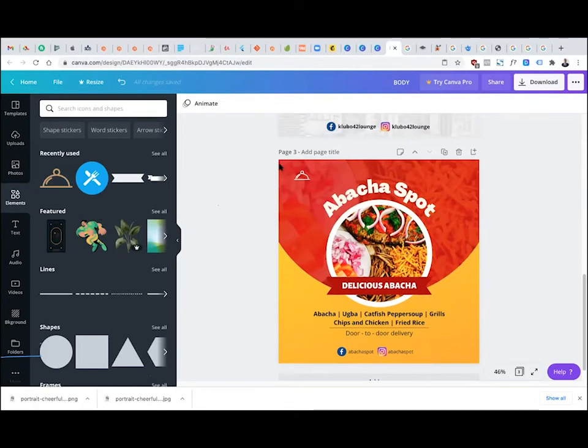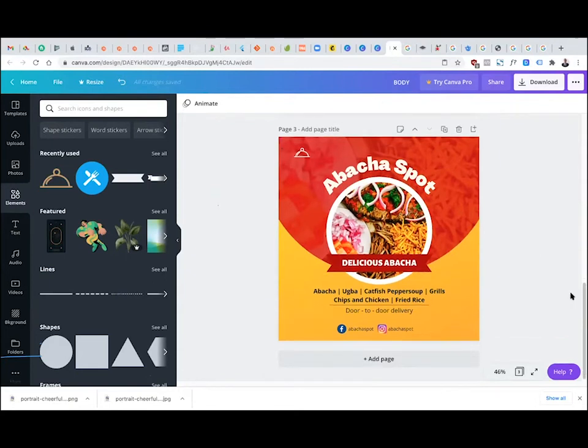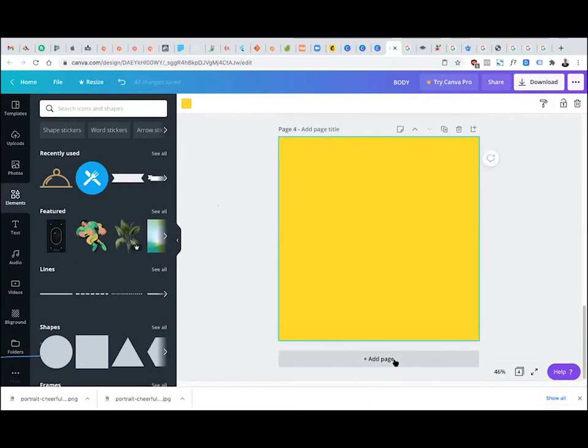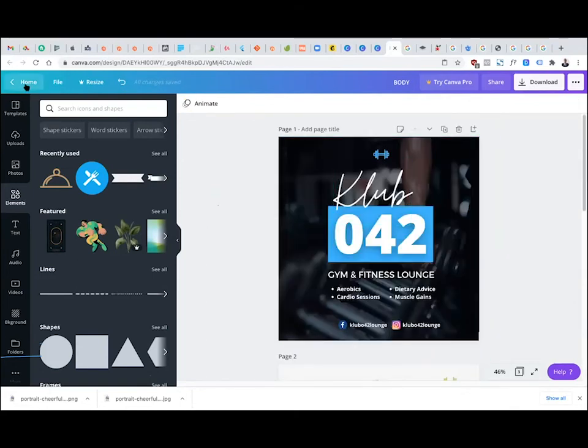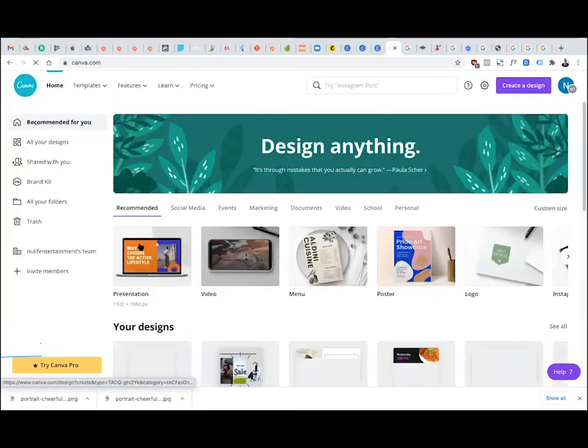Logo design. Okay, let me quickly jump into that one. We have less time, but I'll just do an extension to see. Okay, so let's see. Add new page. Let me just do a fresh work, logo design. Okay, so let's see. Go to home and